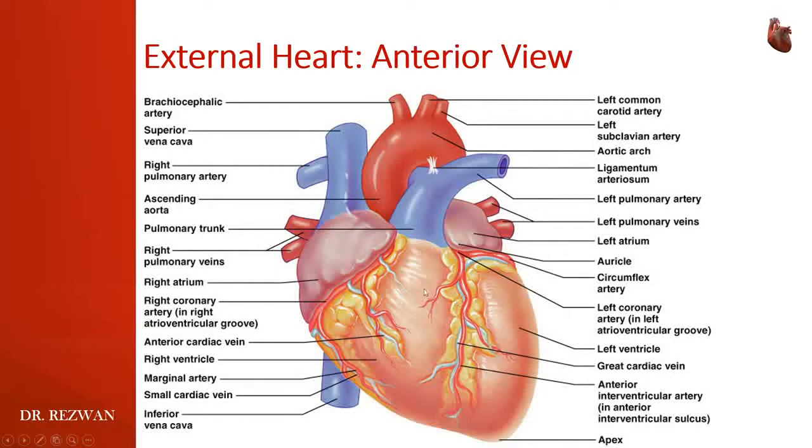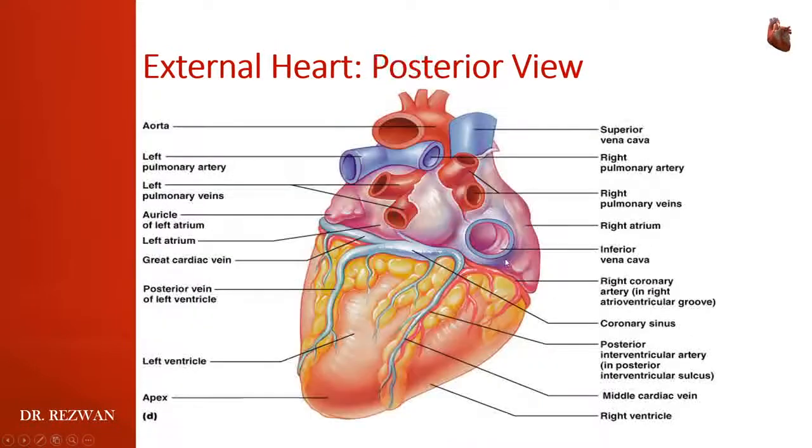Here we can see this is the atrioventricular groove or the coronary sulcus. This one is the anterior interventricular groove. This one is the left-sided posterior interventricular groove. Anterior coronary sulcus, left coronary sulcus. This is the posterior aspect that I wanted to show you. Like this is the posterior interventricular groove,